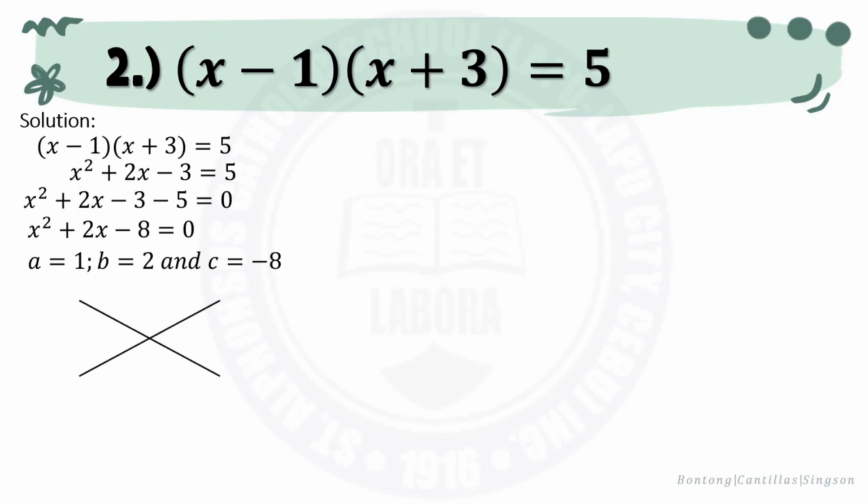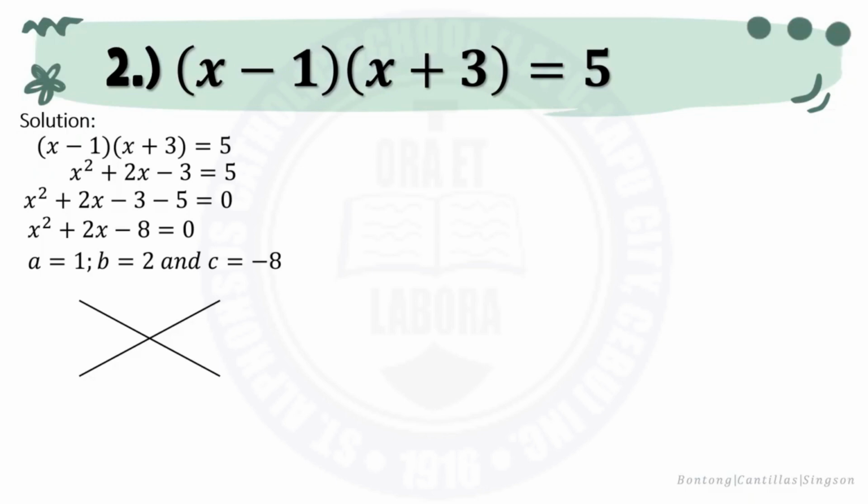And then afterwards, what are we going to write in the X mark? On the top of the X, you're going to write the value of your AC. Below, you're going to write the value of B. And then on the left and right side of the X mark, you identify two factors whose sum is B and whose product is AC. AC means that the product of A and C